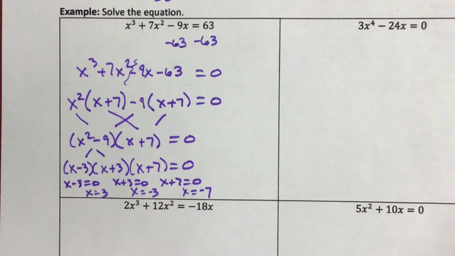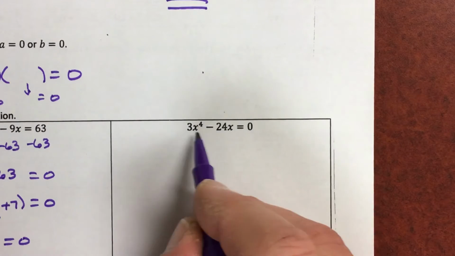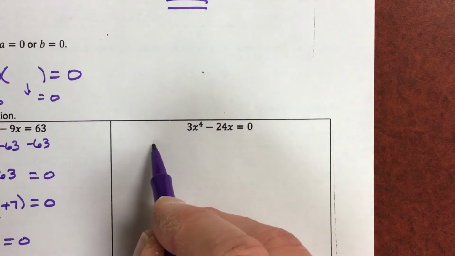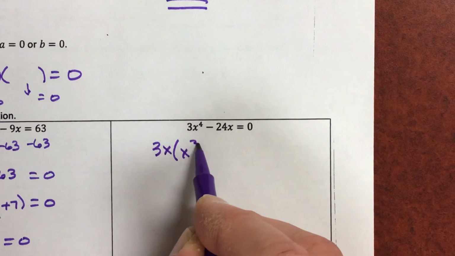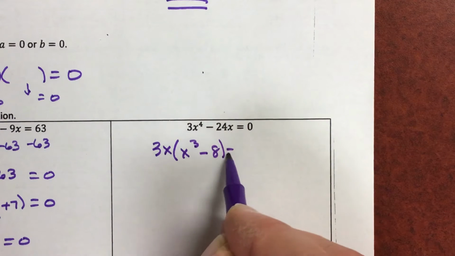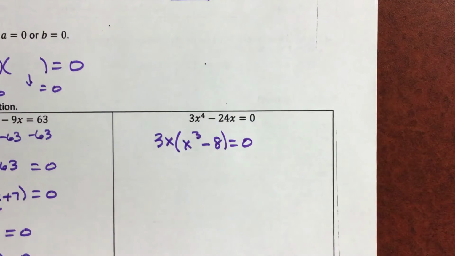is remember the fact that we have difference of cubes here. So this one right here, we can take a greatest common factor of 3x out, and we're left with x to the third minus 8 is equal to 0. All right? So now again, if we factor completely,